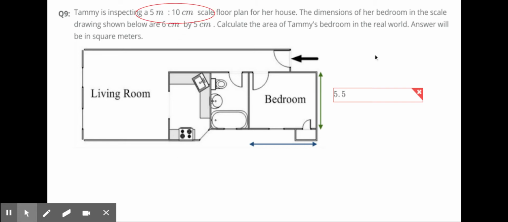All right, so if you look here, we get our scale here. 5 meters equals 10 centimeters. And so that's the key thing here. That's our first ratio we're looking at here. Now, if we look at it, there's our scale at the very bottom. 5 meters to 10 centimeters is a ratio. Think about that. If we think about our ratio here,